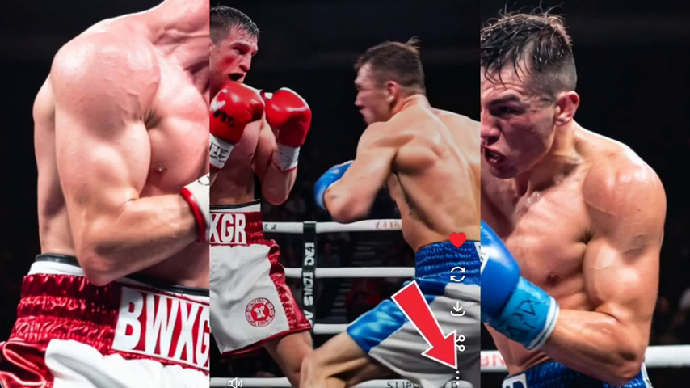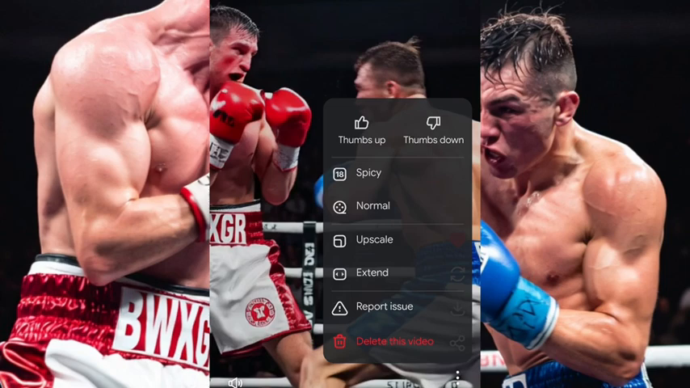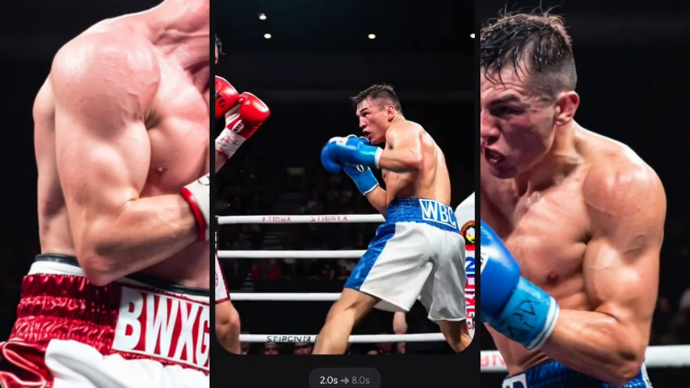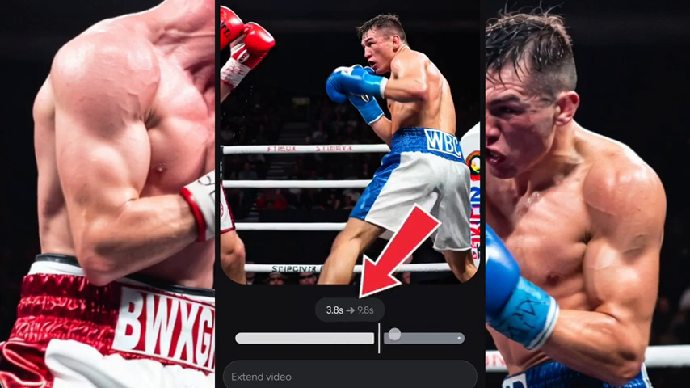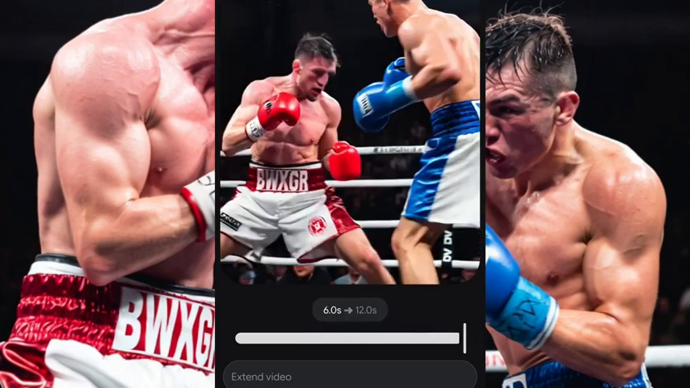This three dot here, you click on it. Now when you click on it, you are going to see extend. As you can see, extend here, you click on this extend. Now when you click on this extend, you just drag this arrow down to the end here. Now as you can see, it says